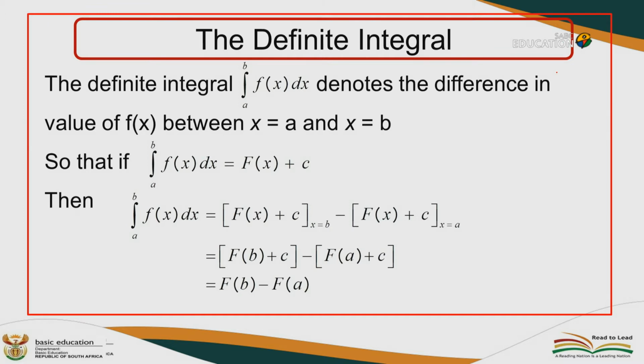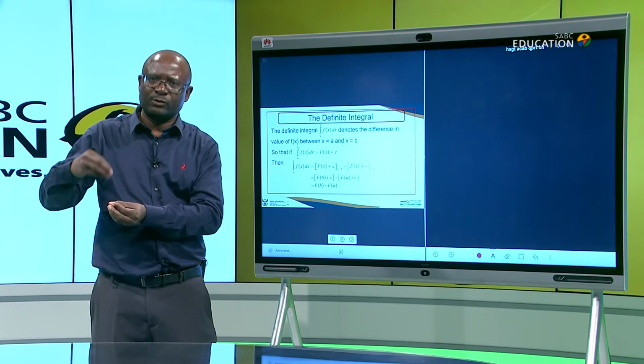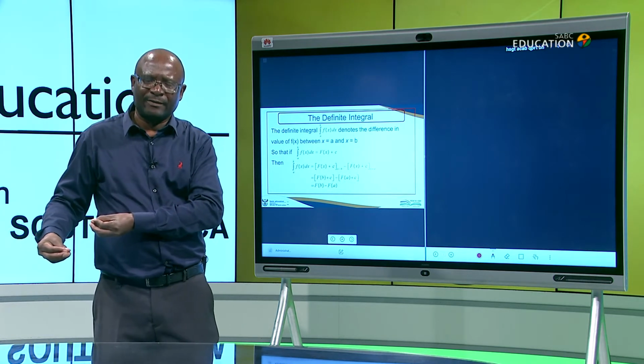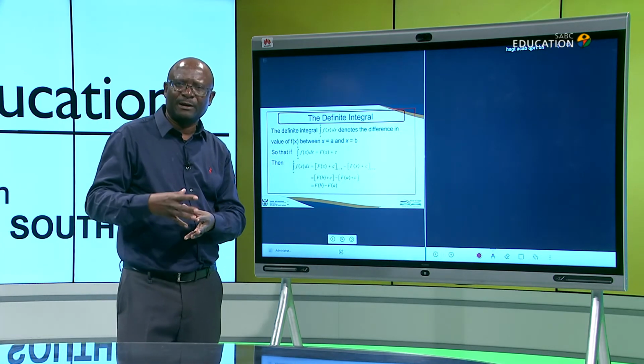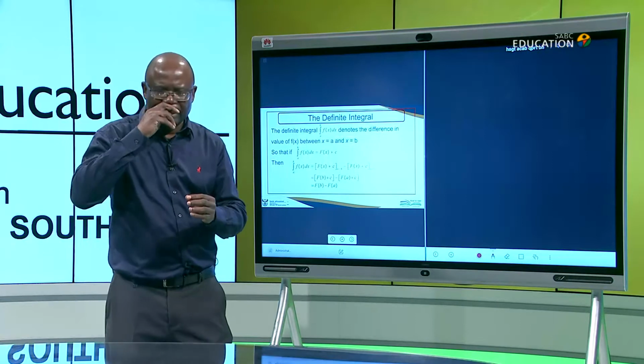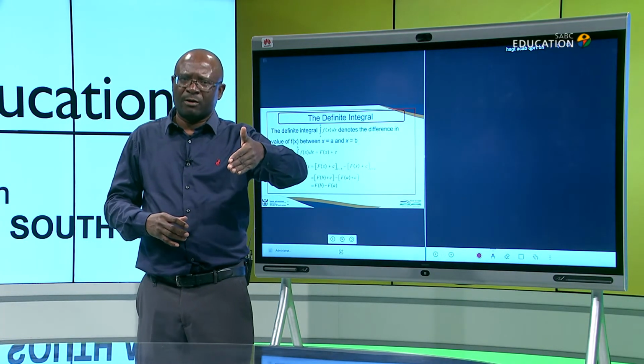Then, while I was explaining, first thing for you to do is determine the integral. Secondly, substitute the upper limit, which is your substitution of the value of b, and then minus the value of your lower limit, which is your f of a. And that, in fact, at the end, it will give you the value of f of b minus f of a. Meaning that now, even if maybe from the beginning you made a mistake of including the